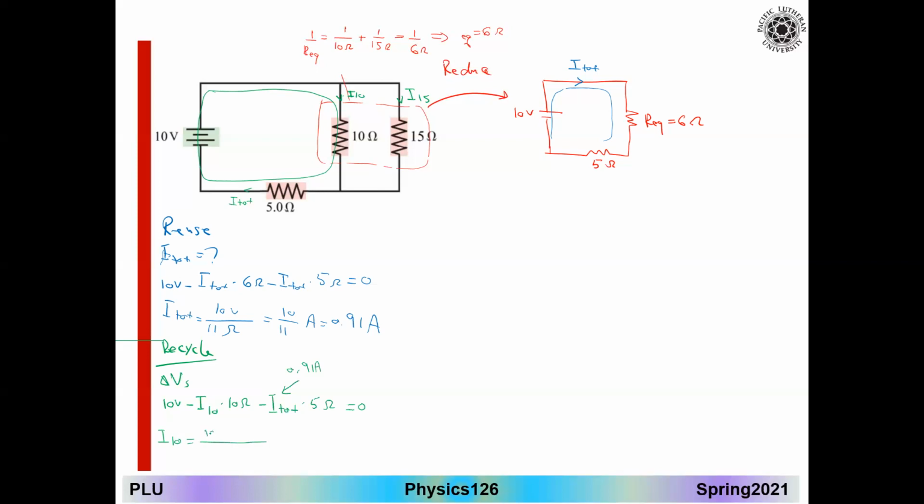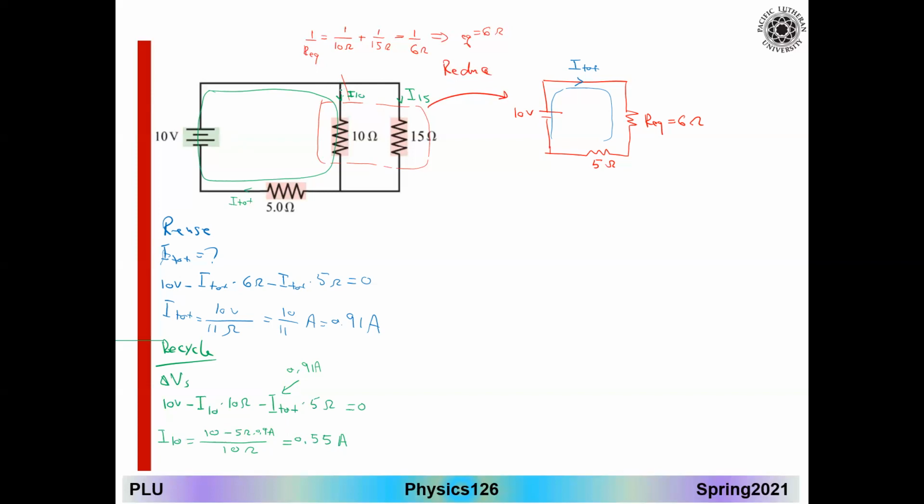It will be 10 minus 5 ohms times 0.9 amps divided by 10 ohm. So we end up with, if my calculation is right, 0.55 amps. And make sure it should be less than 0.9, because here's my I total, and I total goes